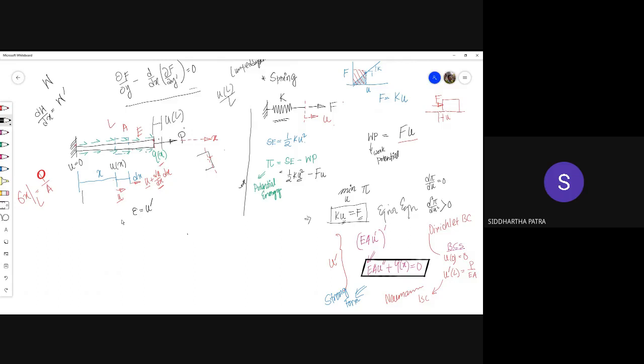Although I'm calling it epsilon, when you use LaTeX or Word equation editor, you should use the var epsilon. Okay, a backslash var epsilon space would give you this expression. Anyways, so if that is the expression for strain,